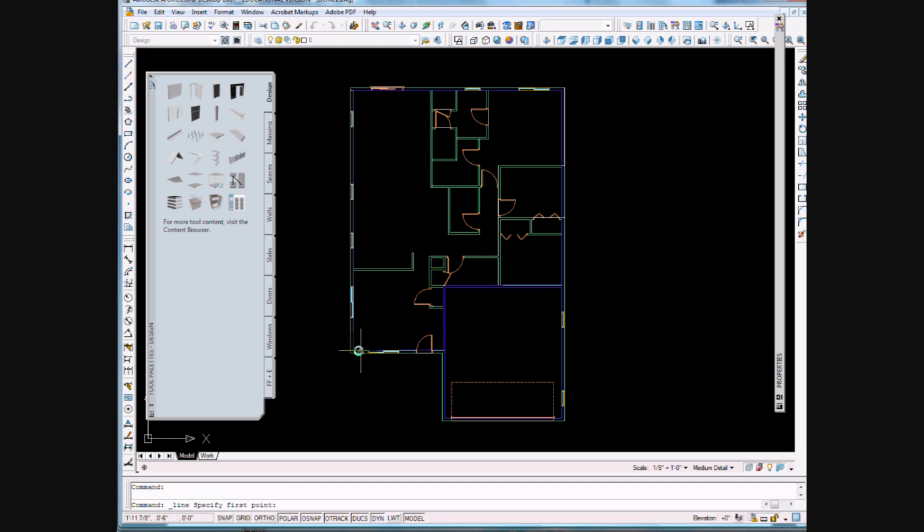So let's give it a reference, and you want to make sure that your OSNAP setting is on, and then go ahead and select the corner, the bottom left corner here. And when I come straight down, I'm going to type in 6 feet, enter, and then go to the east direction to your right. Let's type in 10 foot and press enter, and then hit the escape key,